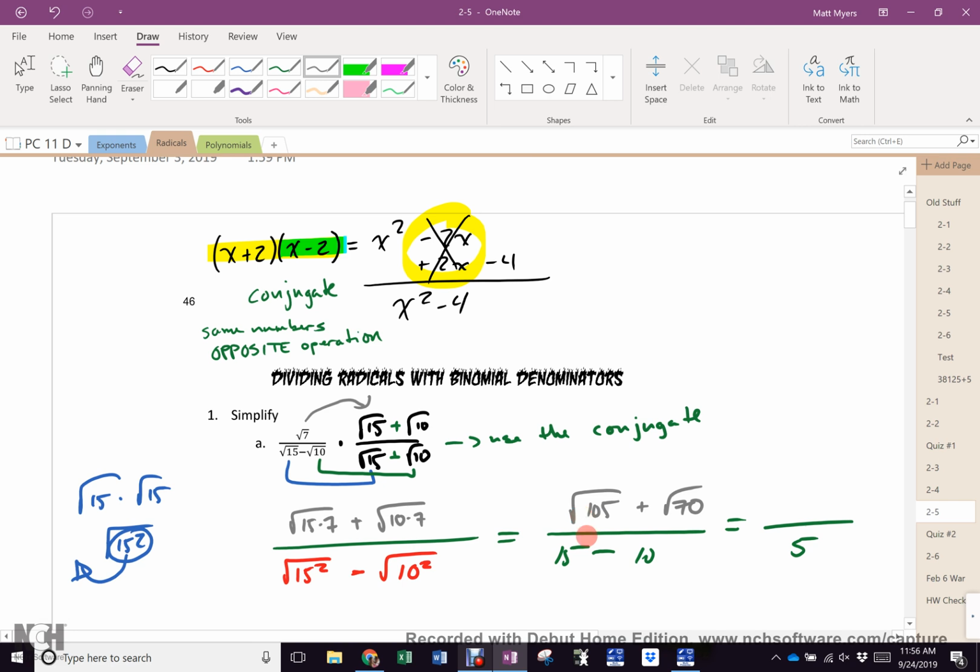105 is 3 times 5 times 7. Any pairs? No. 70 is 2 times 5 times 7. Any pairs? So do they get any simpler? No. And the only reason I didn't make you do that is because I know you already know how to simplify radicals. We are dealing with this part of the business now, yes? This is what my concern is right now. I know you can all simplify radicals. Okay? All right. So knowing what you know,